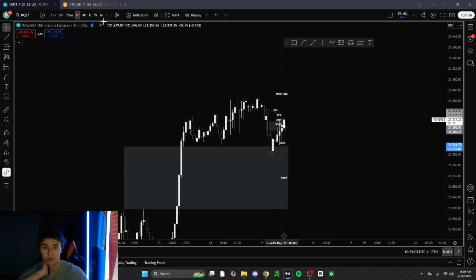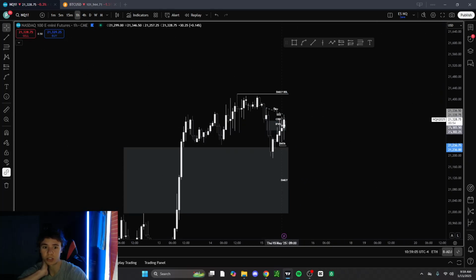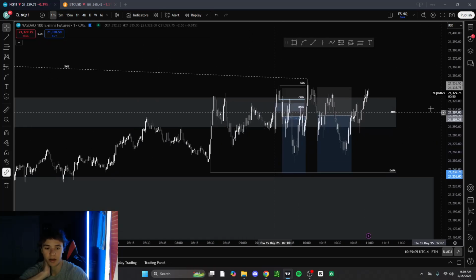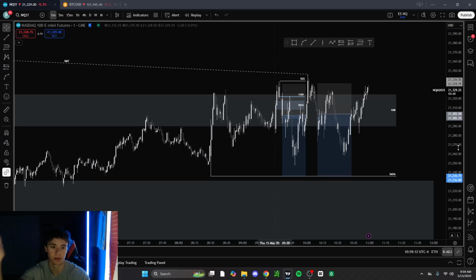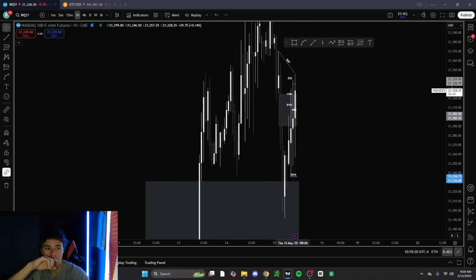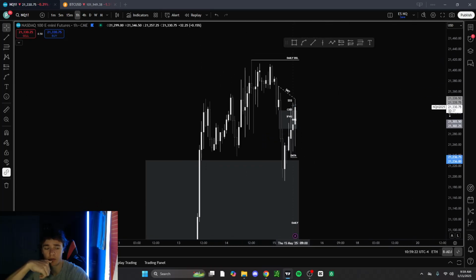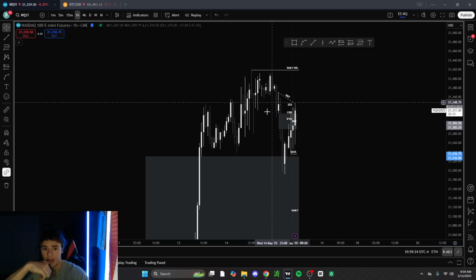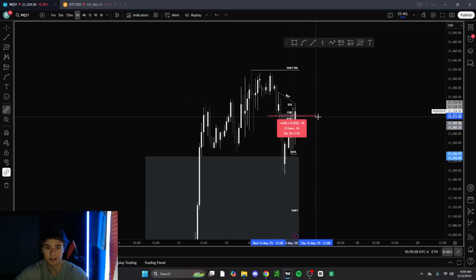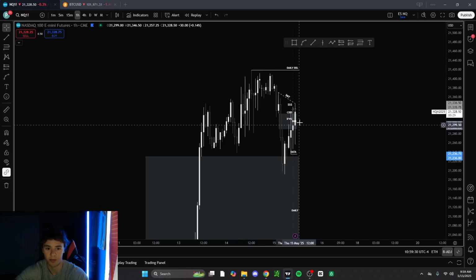But the reason I went short here is because we had CPI, or high impact news. I'm not sure exactly which one it is. We had high impact red folder news pre-market, and we formed this data low down here. And so that was my draw for both of these trades. In addition, in order to be bullish on NQ, I would need to see this bearish imbalance get ran through, and we have continued to respect it all morning.